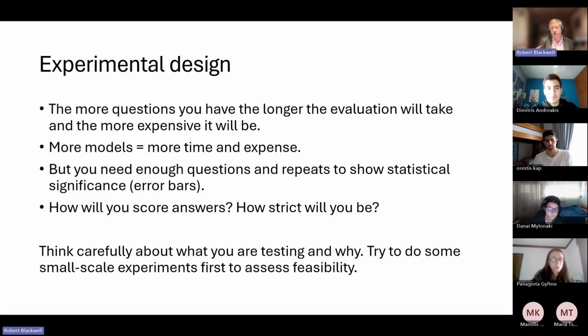How strict are you going to be? Is it going to have to get the answer completely correct to score a mark, or might you allow for it to have some error? Maybe you'll give it half marks if it's doing okay. So you need to think carefully about that, and you need to think carefully about what's the nature of the